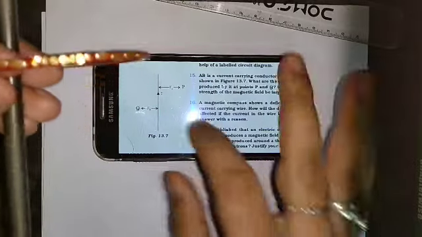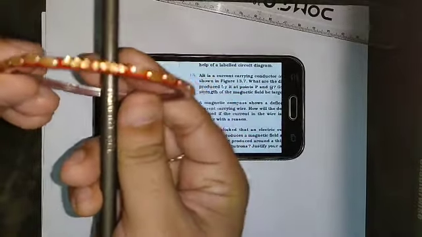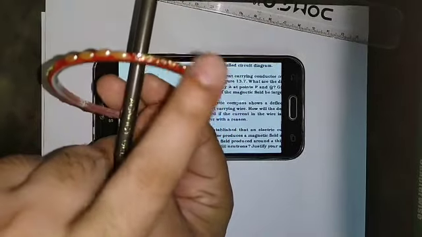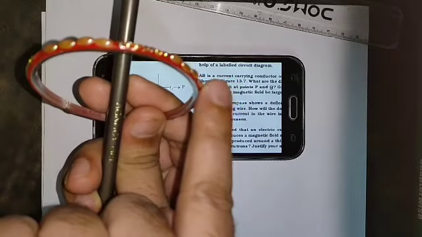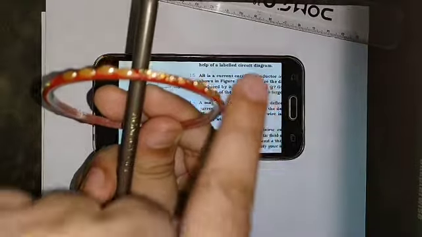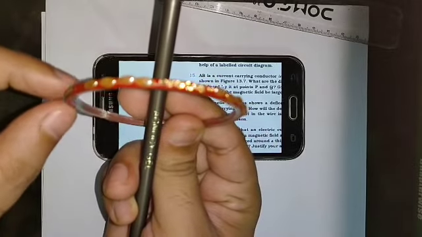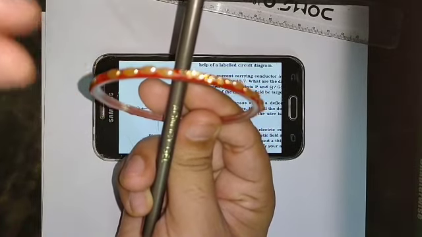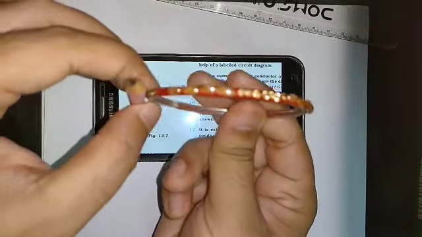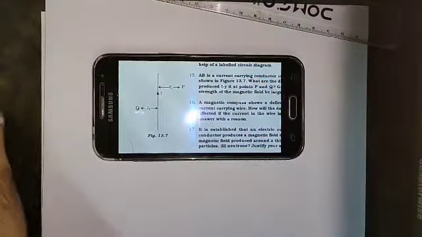So clockwise. P is here and Q is here. According to the clockwise direction, if we draw the tangent to the field lines at this point, it will go downwards. It means inside the plane of paper, perpendicularly down the plane. And at point Q, it will go perpendicularly up. You can easily see this, the tangent will be like this. So it is coming perpendicularly up here and going perpendicularly down there. I hope you have understood.